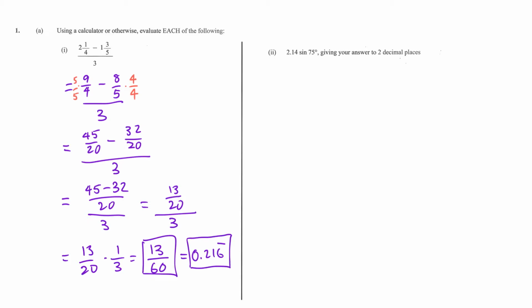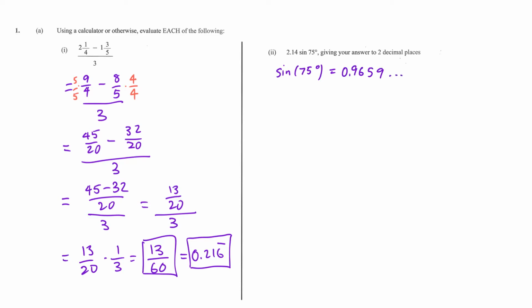In part 2, we have 2.14 times sine of 75 degrees, and we're asked to give our answer correct to 2 decimal places. The first thing that we're going to do is to calculate sine of 75 degrees, and we can do that by entering that into our calculator. It's important to make sure that your angles are set to degrees in your calculator. So when you type in sine of 75 degrees, you get